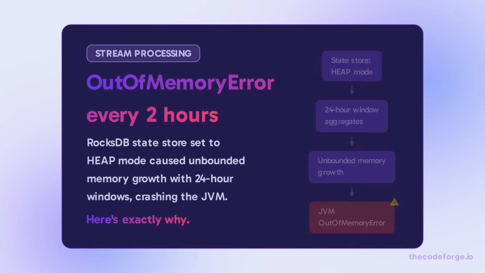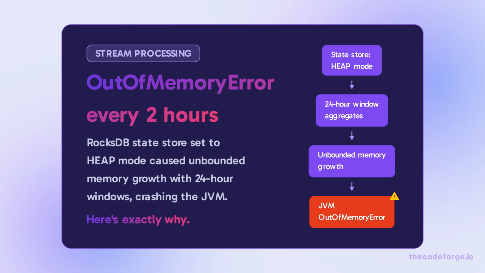A Kafka Streams app crashed every 2 hours with an out-of-memory error, even after doubling the heap to 8 GB. The root cause? The RocksDB state store was set to heap mode, storing all 24-hour windowed aggregates in memory, growing